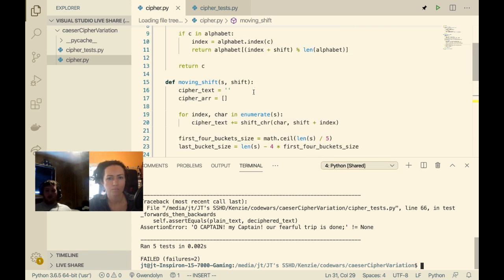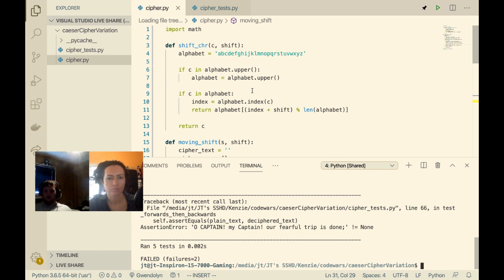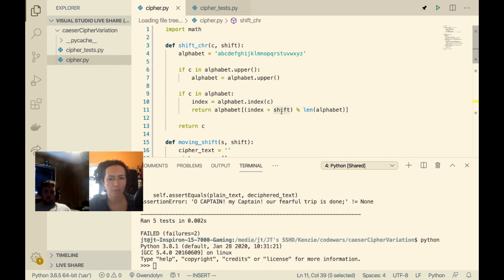I think there's a way we can modify it to work for negative numbers as well. Yeah, we could take in a third parameter too. Like it could even be a Boolean, and then this shift we could times by -1 maybe. I think we'd have to play with the math for that.